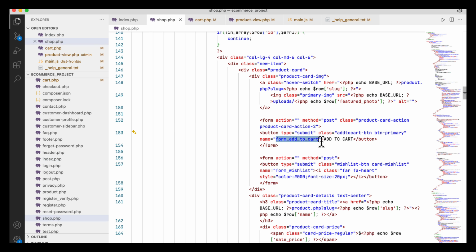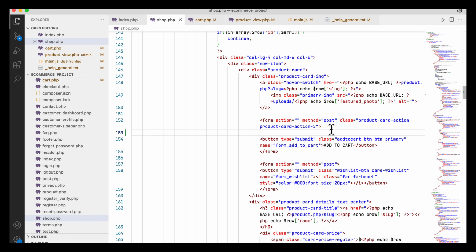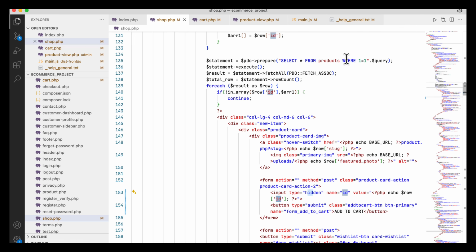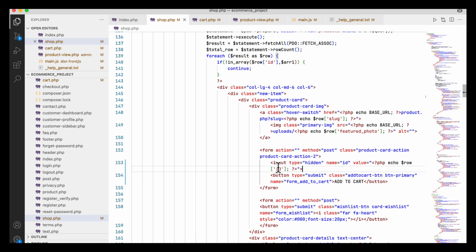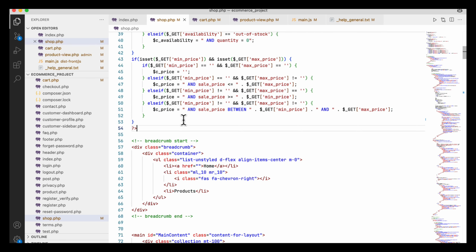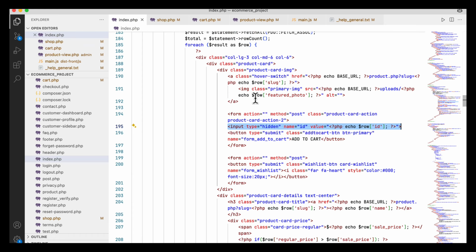So in the shop page I will do the same thing. I will apply here input hidden, type hidden like this, and row here is row. You see where the result is row, so I can use the row of ID here. So in the top, after the search functionality is completed, here separately you can do the same thing that I